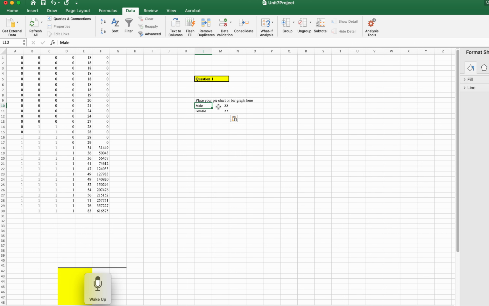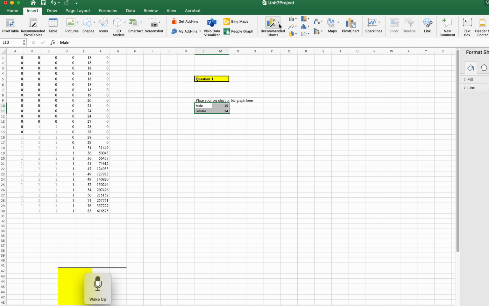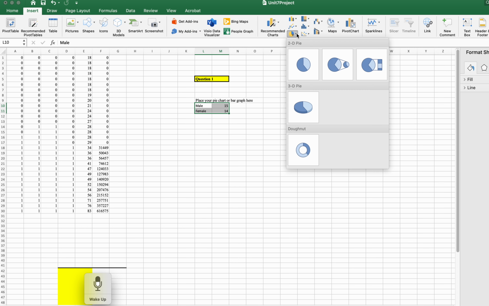So now I'm going to figure out how many males and females, or whatever your question is. So I have 1 to 15 here, so I have 15. And then I have 16 to 30, let's say 14. Then to make this, I'm going to go to Insert, and I have a max, so I'm going to look a little different. I'm Insert here,